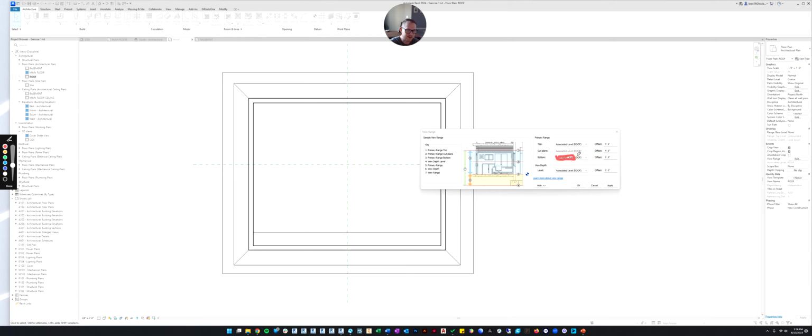And then in parentheses, it names the level, the roof level. And then the top is also associated with the roof level, but it's got an offset of 7'6". So the top of this view is 7 feet 6 inches above this roof level right here. And then the cut plane is 4 feet above the roof level.